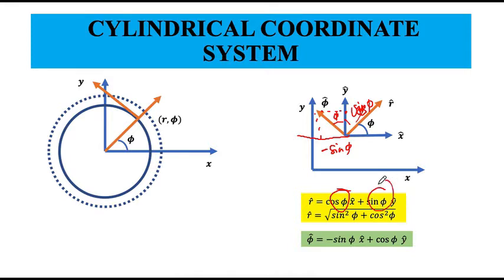What exactly did I mean when I said that one vector is along another vector? As we studied in dot product, by using the dot product you are actually giving the projection of one vector on another vector. So the same thing is happening here. This is exactly what I meant when I said I have the r vector, which is a unit vector in the cylindrical coordinate system, and then I have the x vector, which is a unit vector in the Cartesian coordinate system, but I know that r can be expressed in terms of x and y.